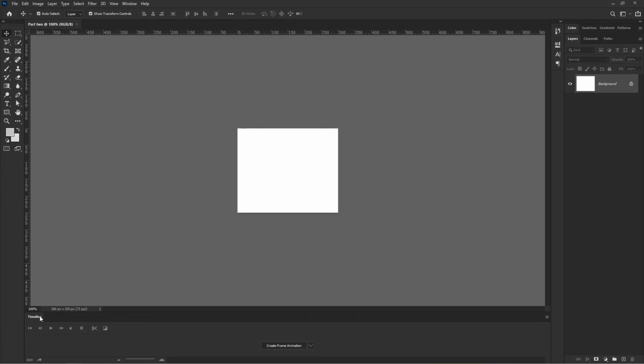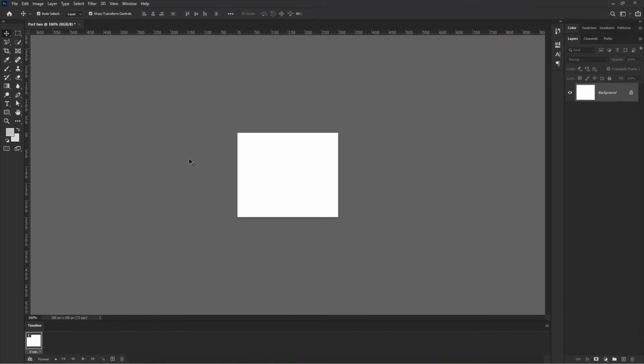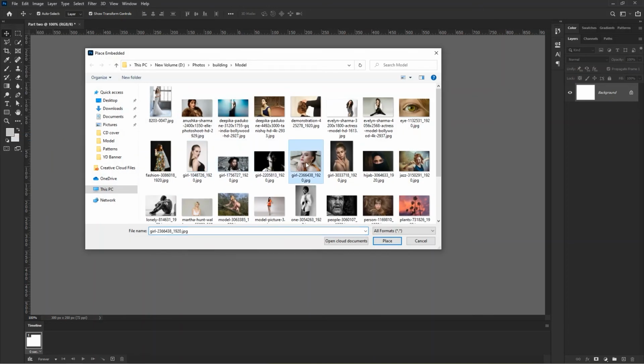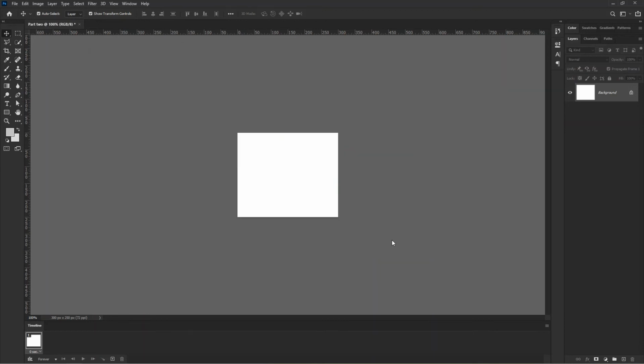So we have got the timeline at the bottom part of our workspace, and we have got three options as I mentioned in the previous video. So I select create frame animation and click on this to activate it. Now I go to file and use place embedded to place images. I select this one